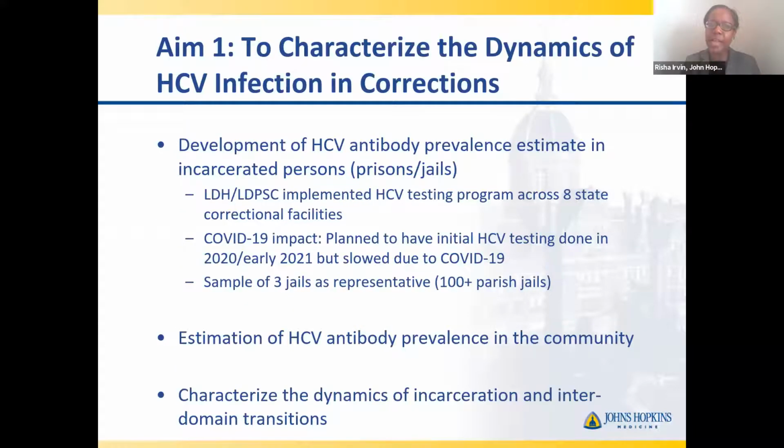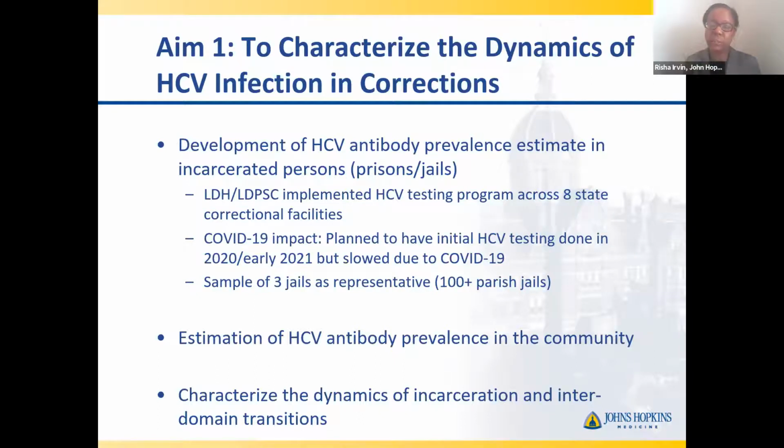So I'm going to go back through now and talk a little bit about the aims. Aim 1 was really to characterize these dynamics of HCV infection and corrections. We were awarded this grant from NIDA in the fall of 2020, so a lot of this work in terms of the research portion is just ramping up. But what we realized is there's not a lot of data as of yet in terms of what was going